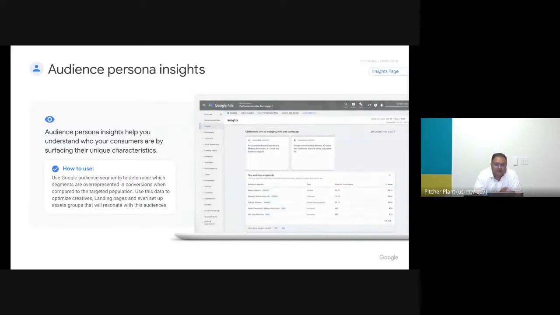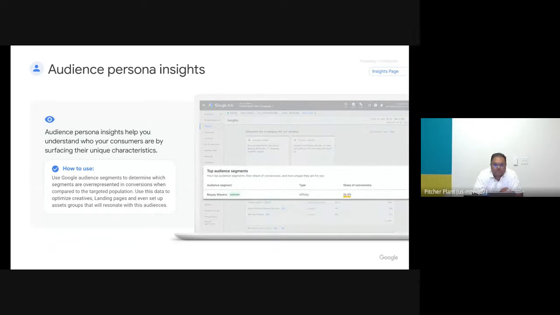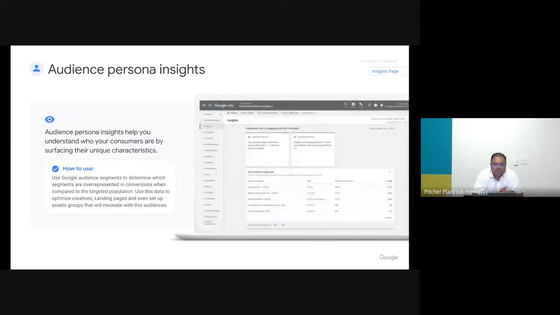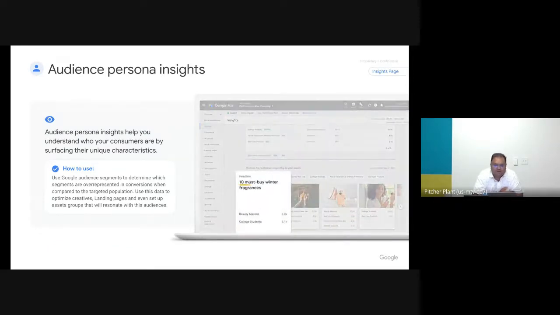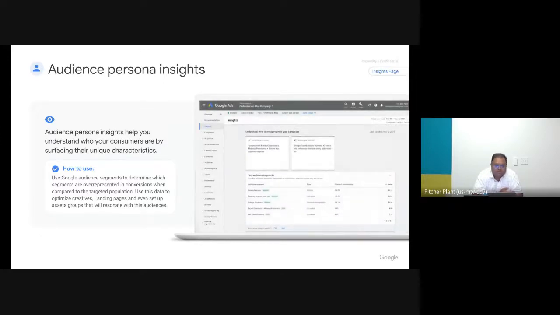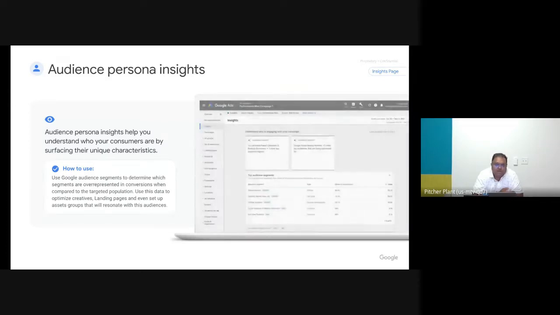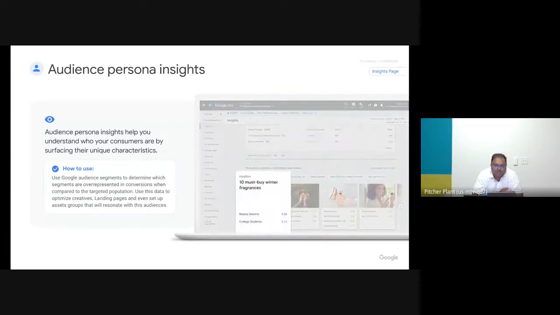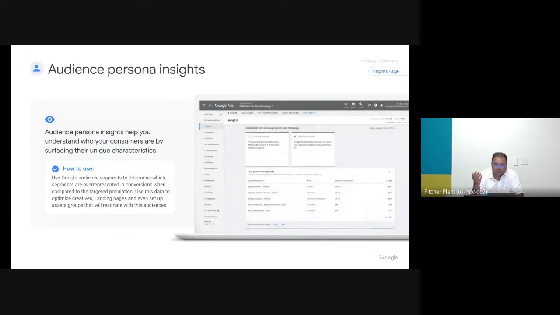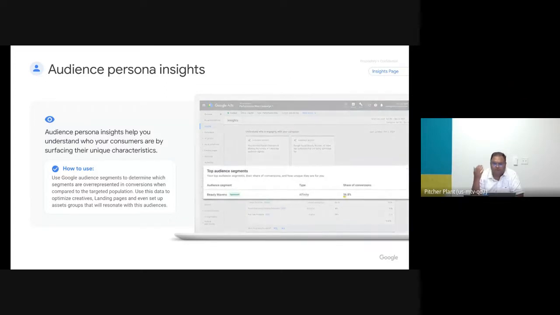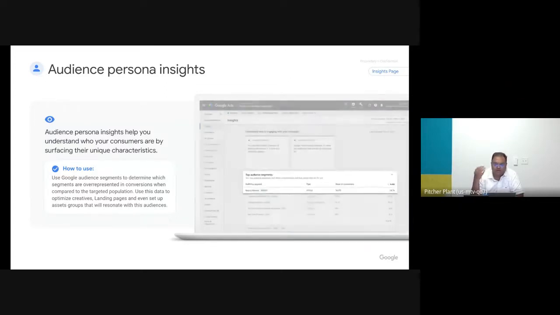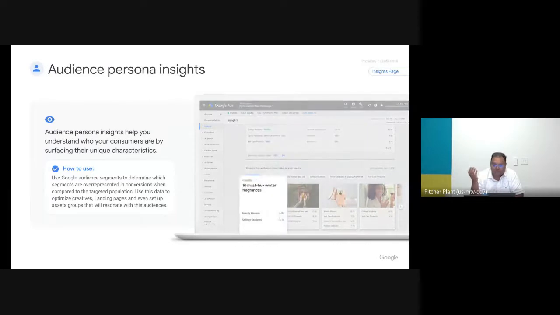It helps advertisers understand characteristics of users who are converting on their campaigns and the top interests and behaviors that they have. The audience insights page consists of two things. Firstly, the persona insights. The persona insights help you answer which Google audience segments are converting for your particular campaign and what percentage of those conversions do they represent, or how overrepresented they are for your particular campaign versus the